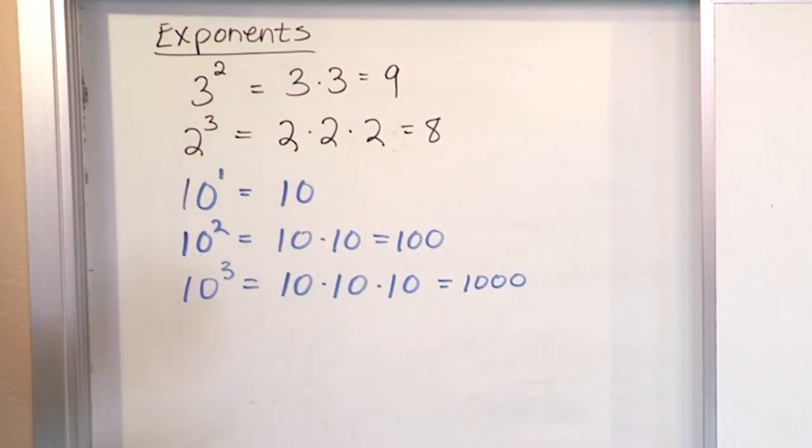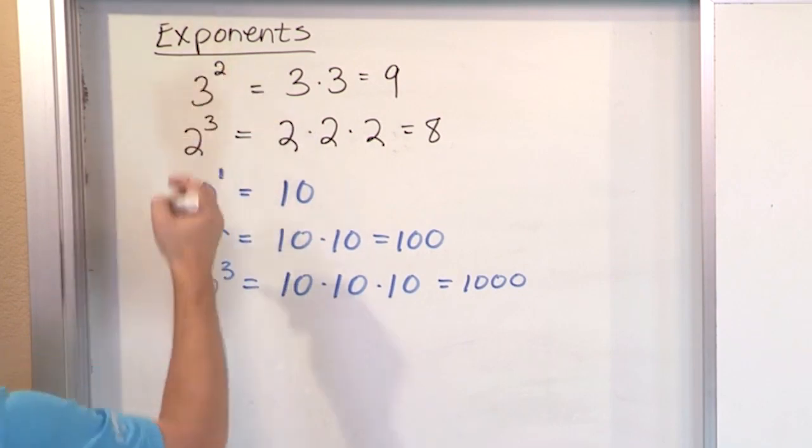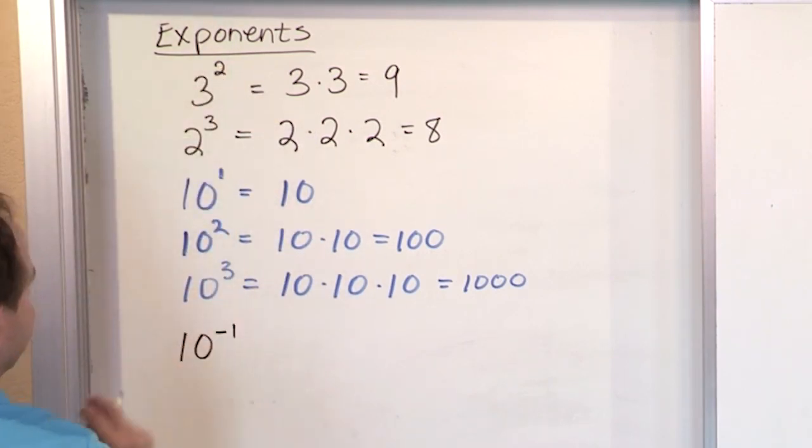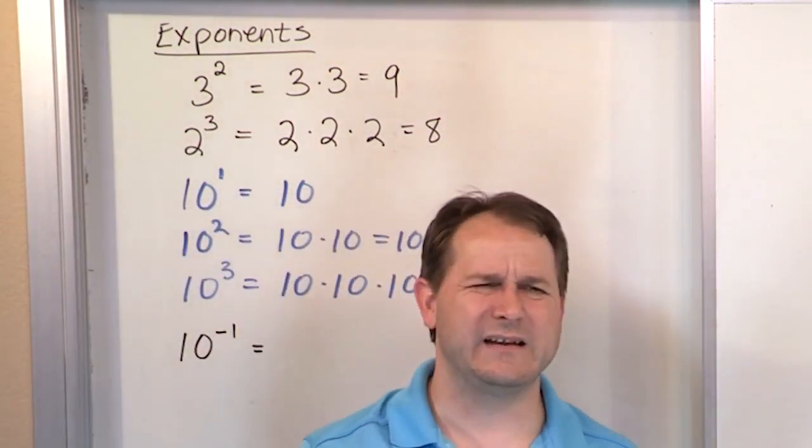But here's the thing that blows a lot of people's minds. You can actually have exponents that aren't positive numbers. They're actually negative numbers. All right? So if I have 10 to the power of -1, what do you think that means? Well, first you're like, well, how can I multiply 10 times